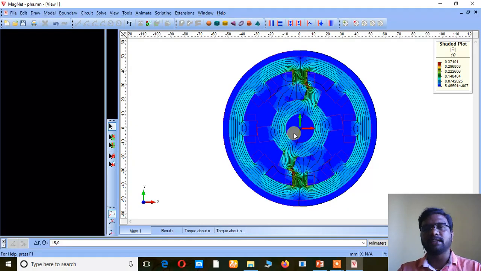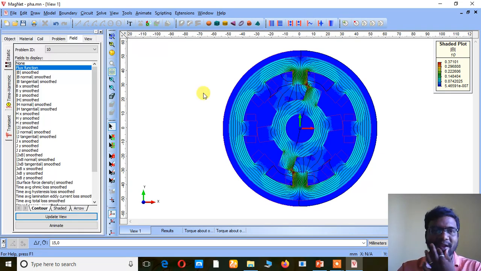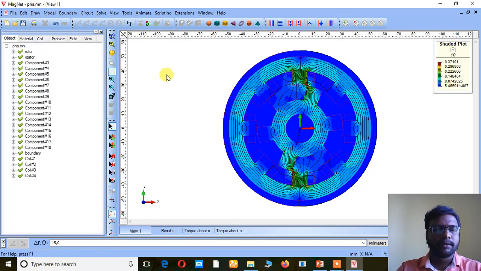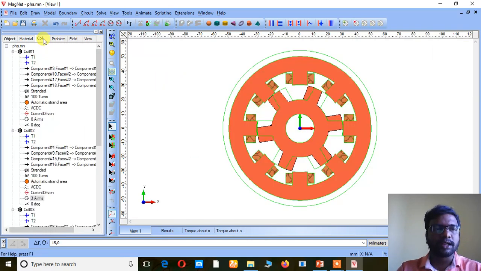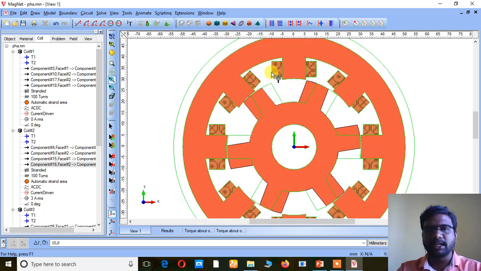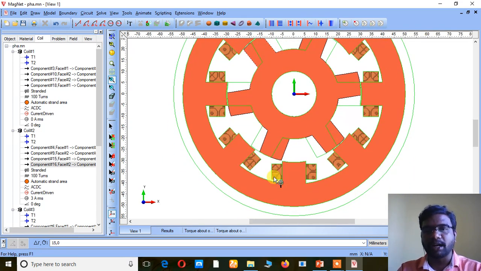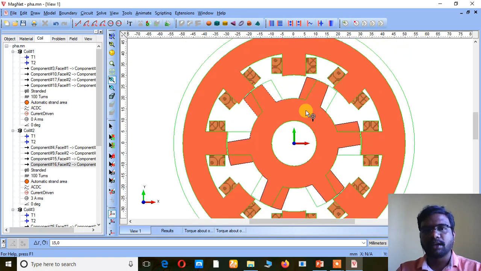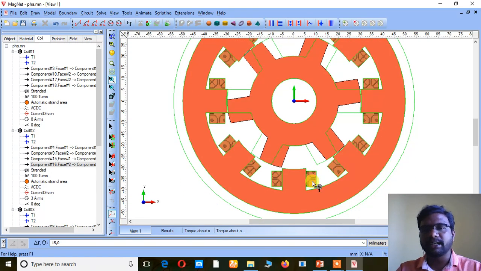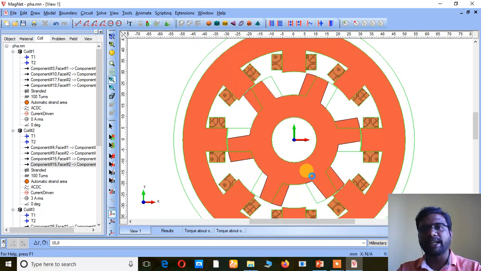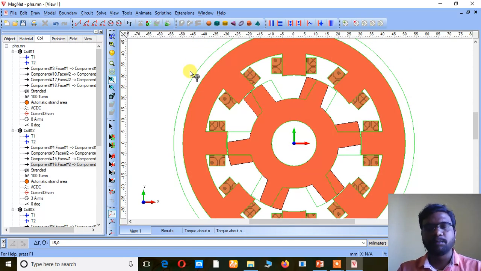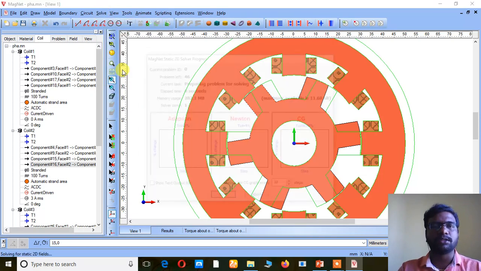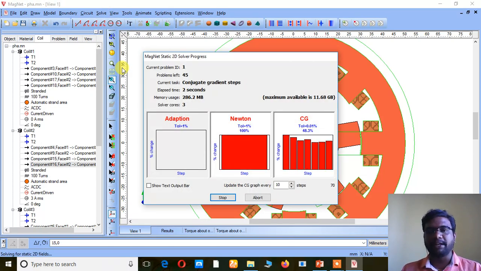So this type of winding is said to be a classical type of winding. Now we are going to see about the mutual coupled windings. Right? So what does mutual coupled winding mean? This one. Here it is dot and here it should be dot, but I changed it to cross. And here it is cross and here it is dot. Right? So this type of winding is said to be a mutual coupled winding. So now I am going to solve this one. You can see what is happening to the flux path.